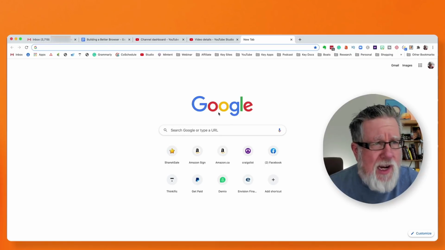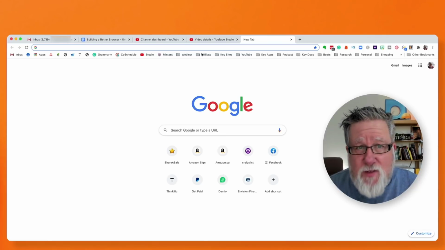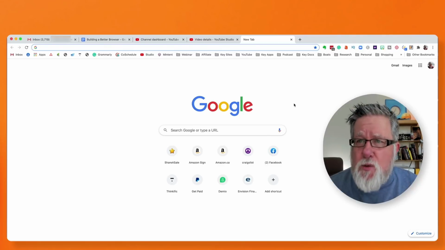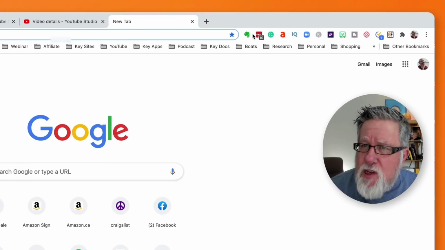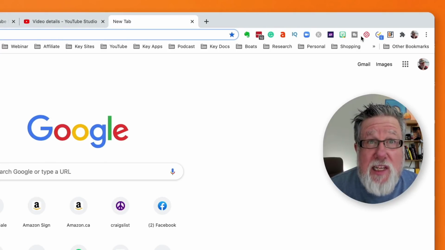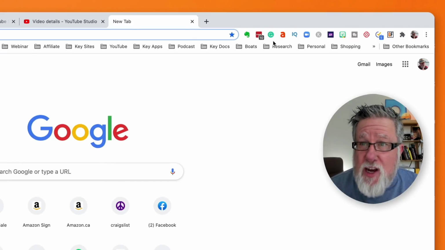It looks very similar, I'm sure, to your own setup. Now, I've customized mine somewhat, where I've got my favorites bar here along the bottom, which are the websites like my bookmarks that I use on a regular basis. But up here in the top, right beside the search bar, are all of the add-ons or all of the plugins, the extensions that I've added into Chrome that I use on a daily basis.